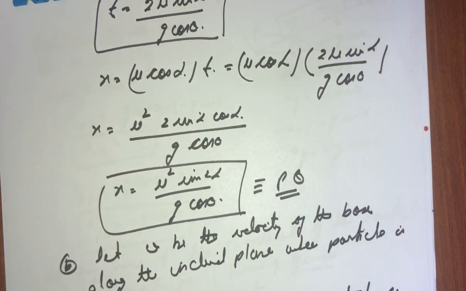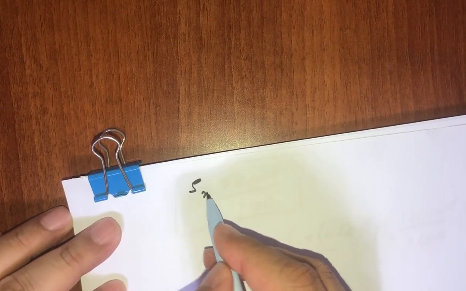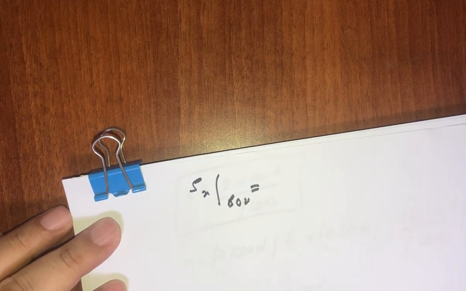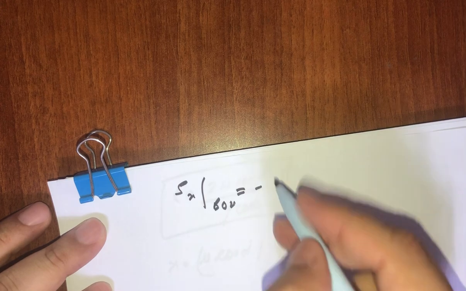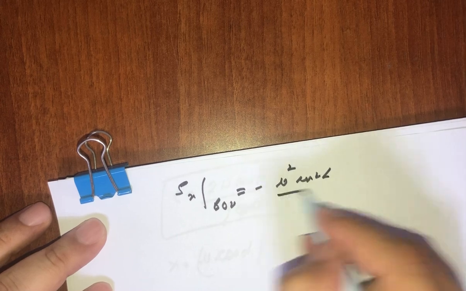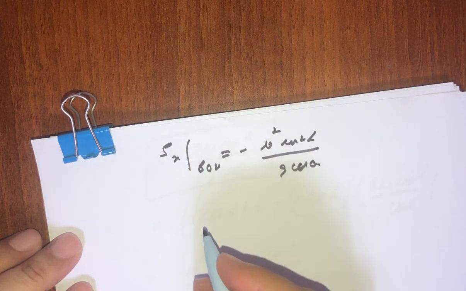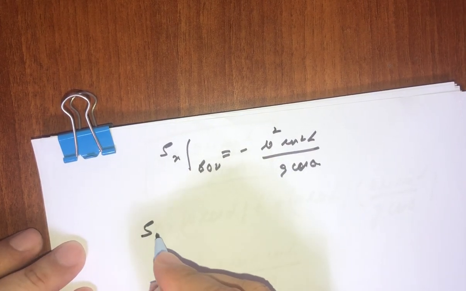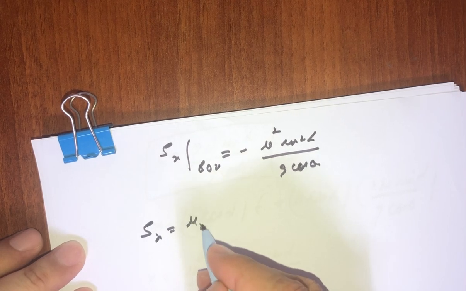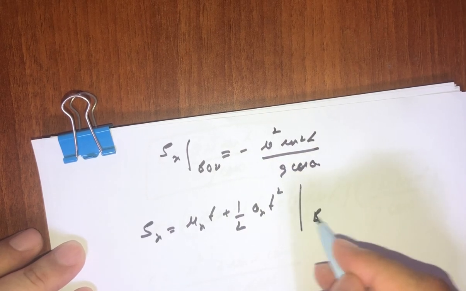We also know that the displacement of the box will be equal to the displacement of the particle. So the displacement in x direction of the box will be given by minus, because it is in the opposite direction, u square sine 2 alpha divided by g cos theta. Now, using the equation Sx is equal to uxt plus half axt square for the box,